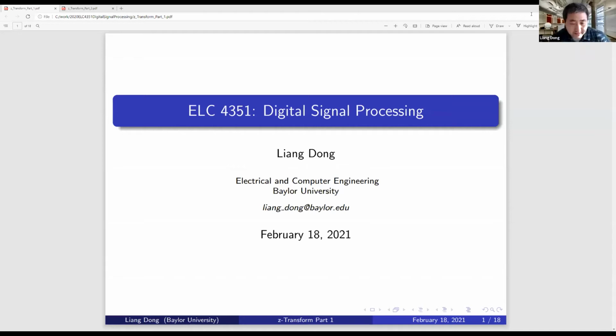So last time we started on a tool we call the Z transform. What we started is we are trying to solve a linear difference equation. A linear difference equation describes a linear time invariant system. And what we want to do is find the output given the input and the system, which is